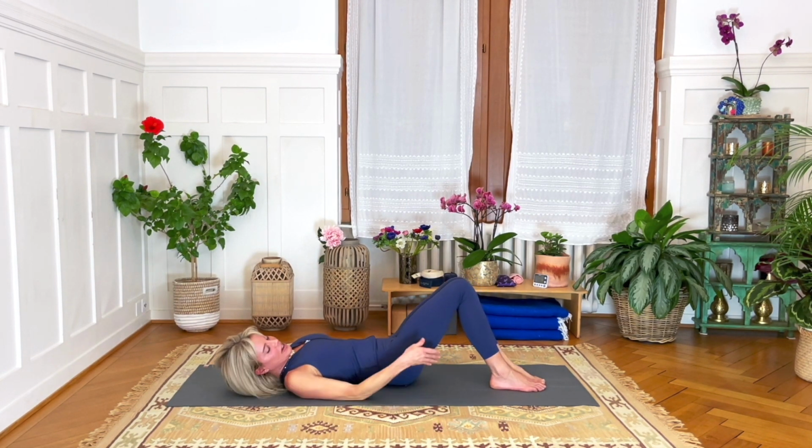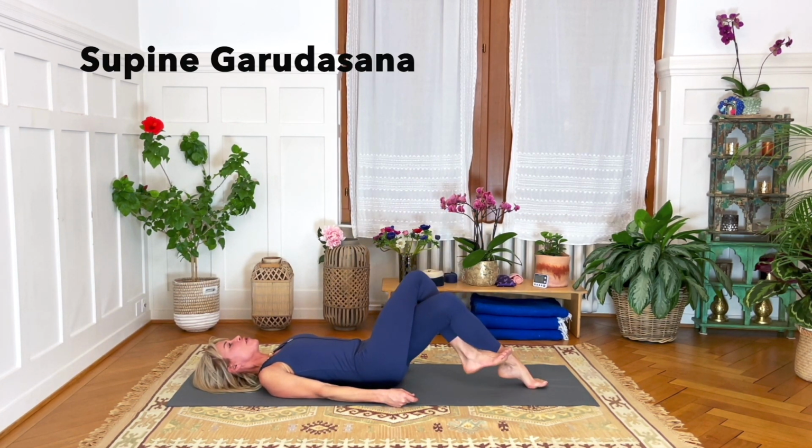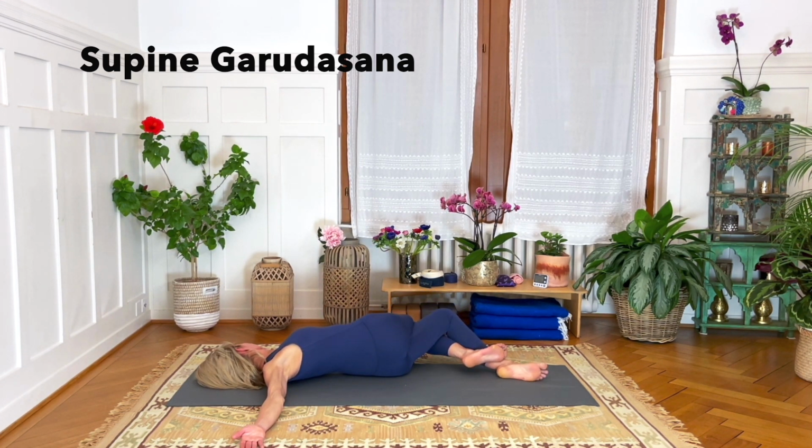Supine Garudasana, moving the buttocks a little bit away from the feet. Cross the right leg over the left, hook the feet, arms extended, legs to the left. And then turning and twisting the abdomen, the trunk, the head to the right. And coming back up,